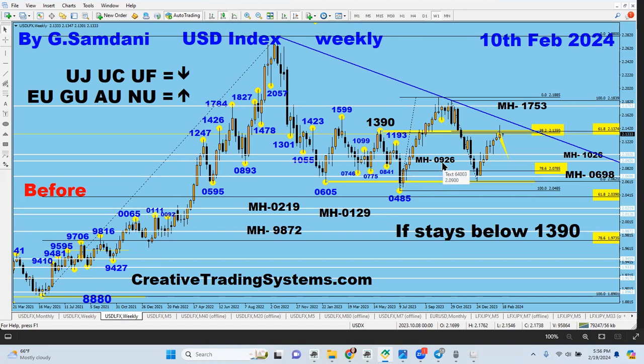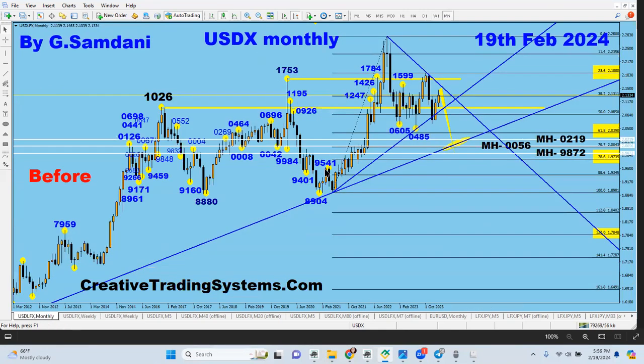Now, if for any reason we bounce from here, then what, right? I made another chart, which is this. Well, but let me show you the monthly chart that I'm looking at. Monthly chart is this, so it may not